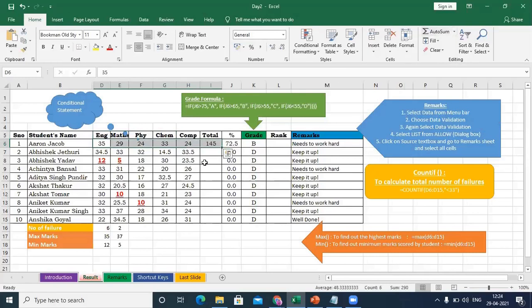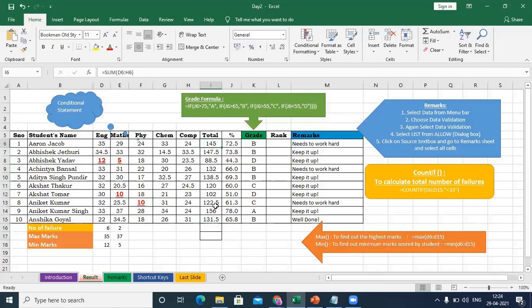Now, normally what we do, after writing this formula, we used to drag it. No need to drag it. Just go here and double click like this. As soon as you double click, this is also coming because I have inserted these marks here. So automatically you don't have to drag it. Many times when you drag with the mouse, it doesn't work. So you don't have to drag it. Simply with the double click, when you get this arrow.